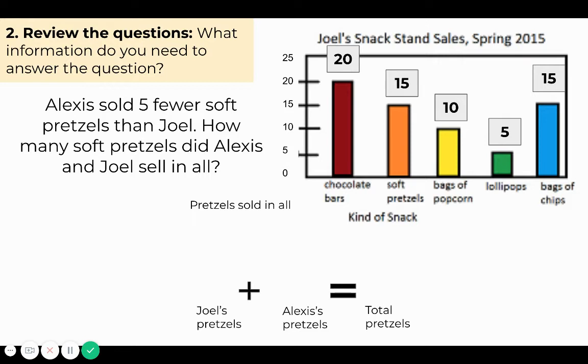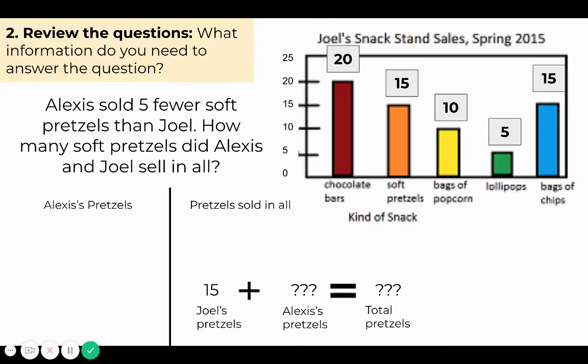But I don't see anything about Alexis's pretzels on the bar graph. That tells me that I'm probably going to have to do another step. I see that the bar graph tells me that Joel sold 15 pretzels, but again, I don't know how many pretzels Alexis sold, and I don't know how many pretzels were sold in all. So the first step will be figuring out how many pretzels Alexis sold, because again, that information is not on